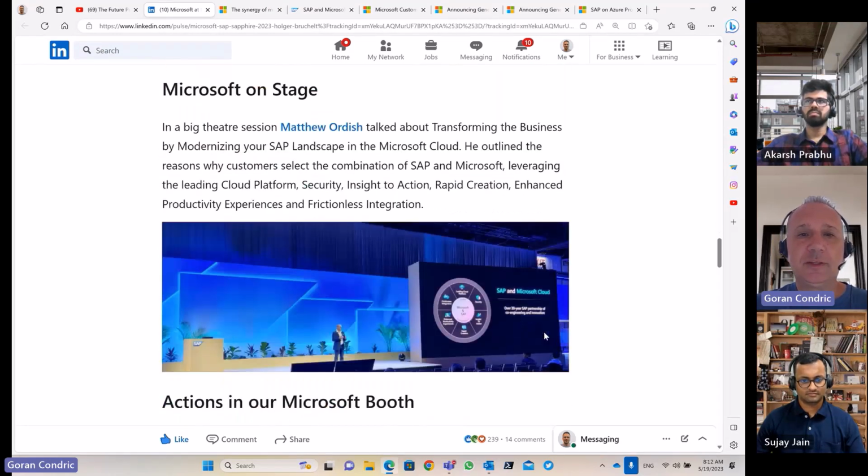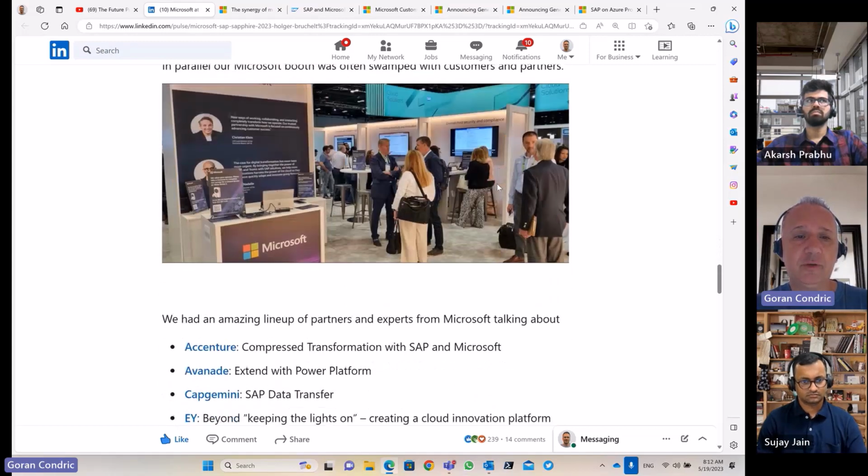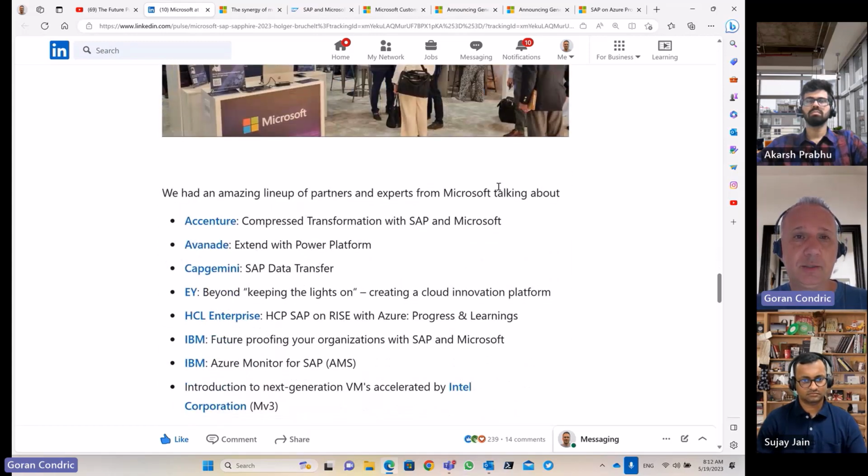On the stage was also Matthew Ordish. He was talking about transforming the business and modernizing the SAP landscape in the Microsoft Cloud, and about many combination use cases between SAP and Microsoft. The booth was very well organized with many partners.